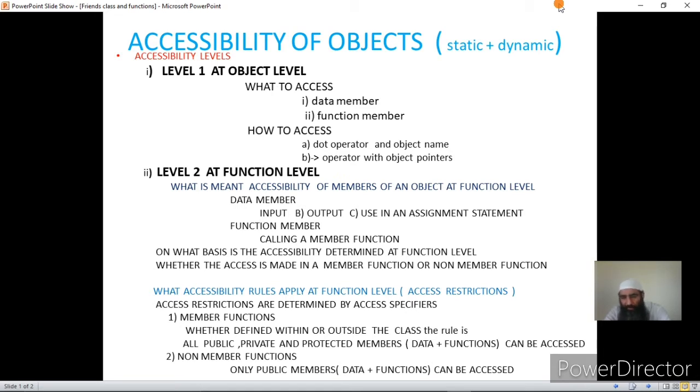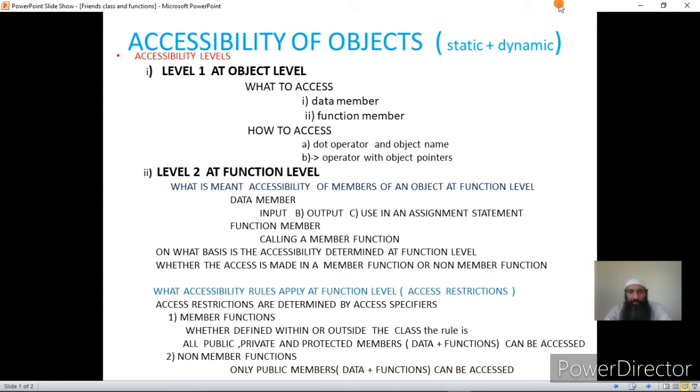Accessing a function means calling a function. That means you can call any function, whether public, private or protected, in the member function of a particular class through the object, or without an object. Once it is a member function, it can directly call other member functions without using the objects, particularly when the object is the implied argument.